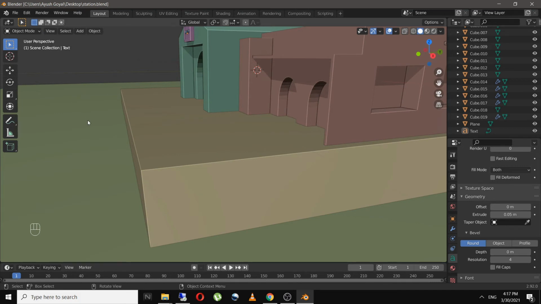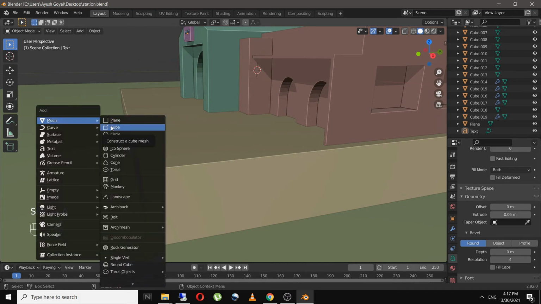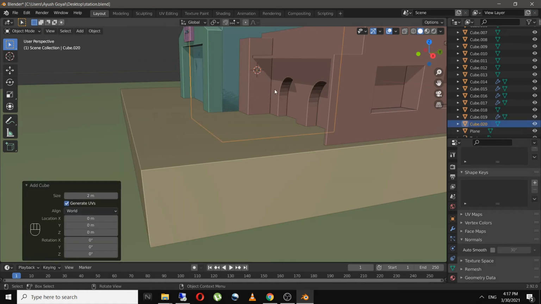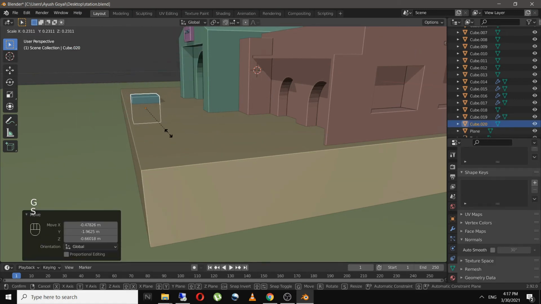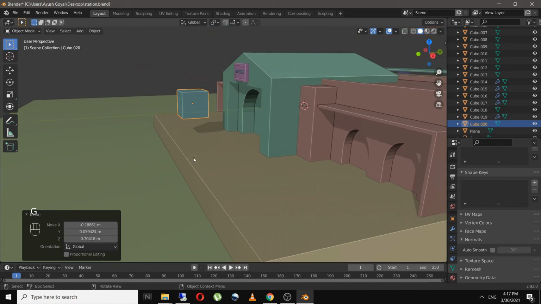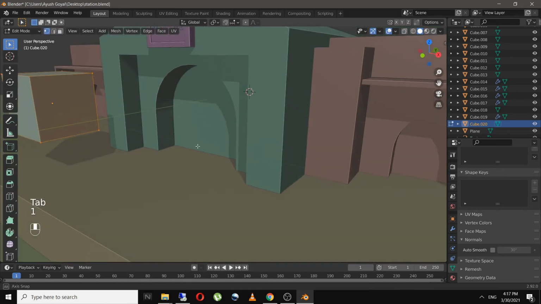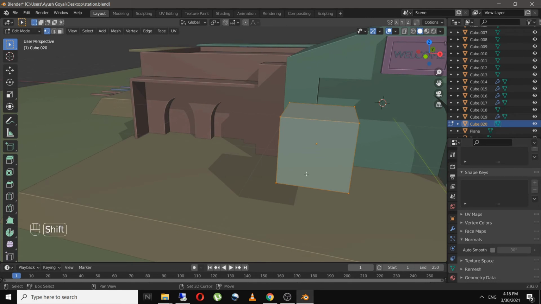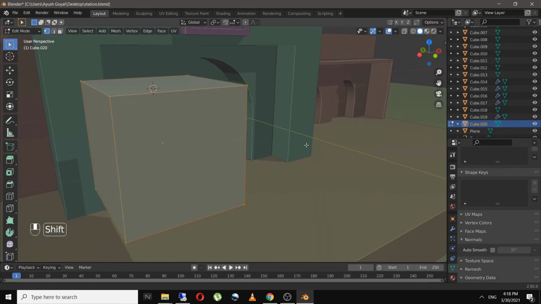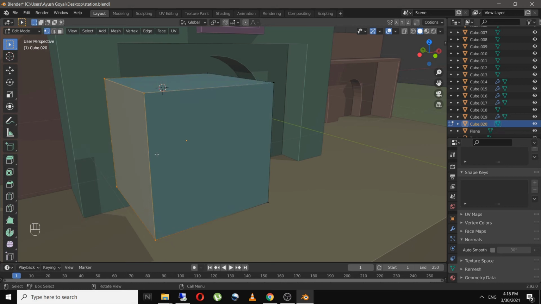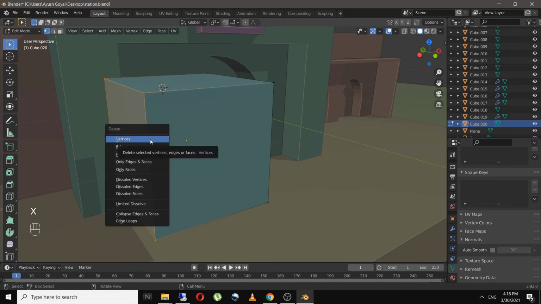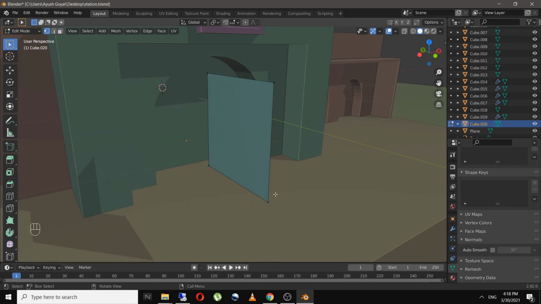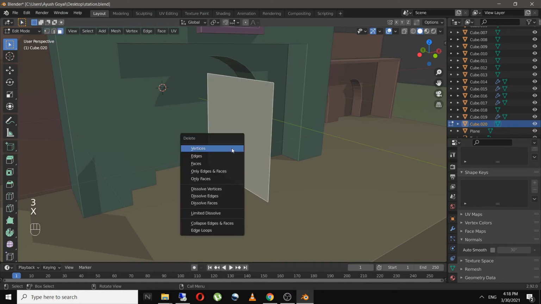So for that add in a cube, scale it way down, and in edit mode go to vertices mode, and select these vertices and delete them, and select this face and click on X and select only face.